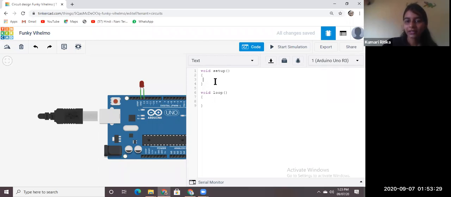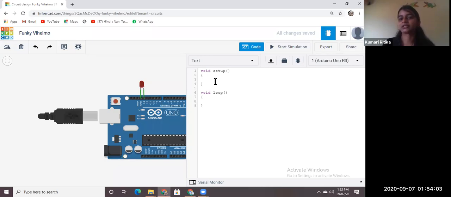Now, an Arduino program has two parts. The first part is void setup and the second part is void loop. Let's take a practical example. When we go to school, what is our setup part? We pack our bags and arrange our books and copies, and when we go to school, we open our books and notebooks. So this is the setup part.